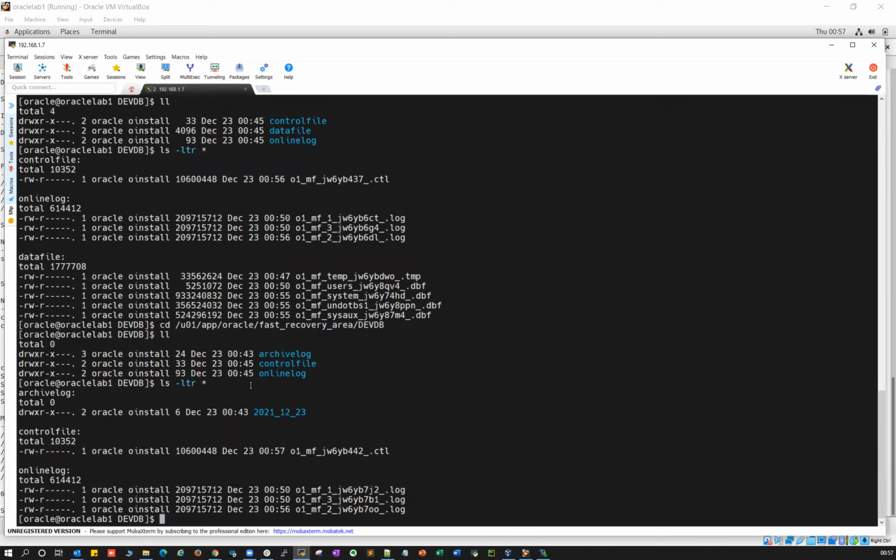That is the installation of your Oracle binaries and then creation of your database in a standalone server with the OS file system. That's it for today's session, guys. We'll come up with the next session with the Oracle Restart server installation with the ASM grid infrastructure installation. Thank you, guys.